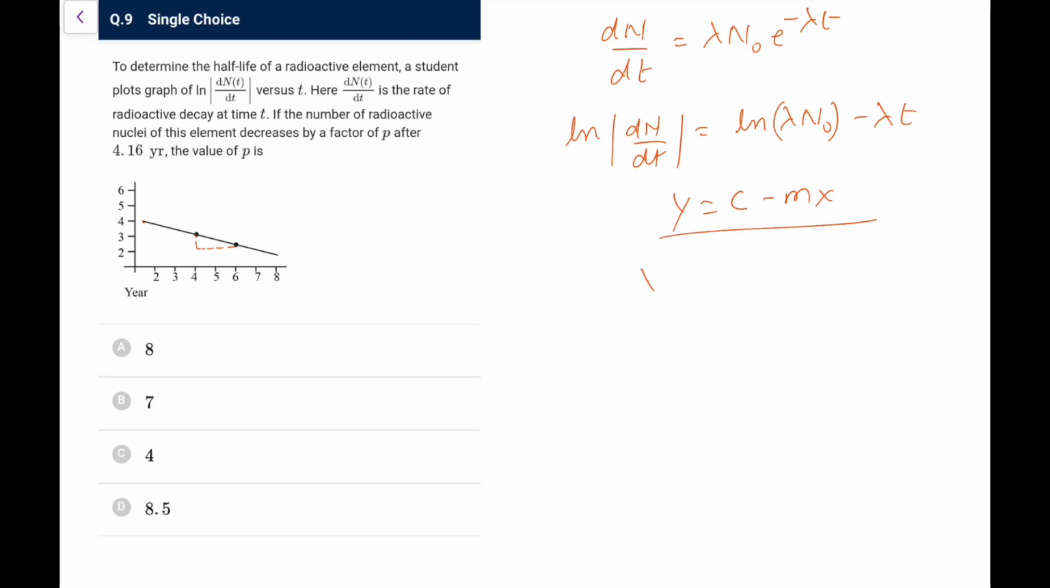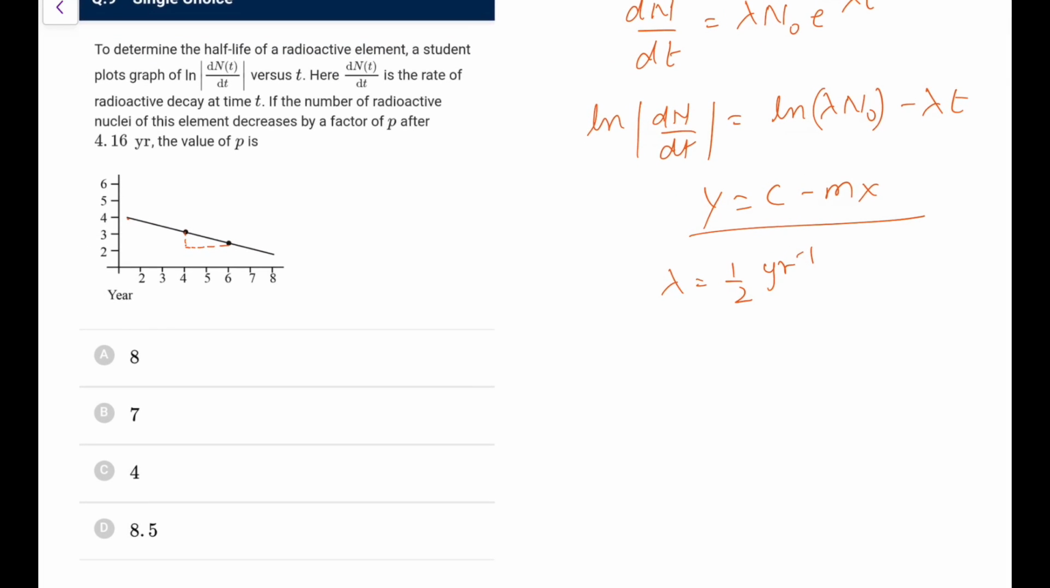So what I have, lambda is equal to 1 by 2 year inverse. This is the value of lambda. So what is the t half now? First find out t half. T half, you know, is ln2 by lambda. ln2 is approximately 0.693. If I divide it by half, what I get,